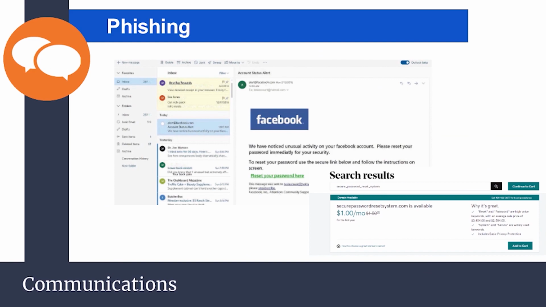I thought it was important for you to see how easy it is for people to phish users. This is an email I sent to a Hotmail account. I built a program that sent mail from alerts@facebook.com. I don't have access to Facebook's email system, but when you receive this email, it has the Facebook logo and warnings that your account has been compromised. Then there's a link in the email that takes you to a website that looks something like https, so we know it's secure,